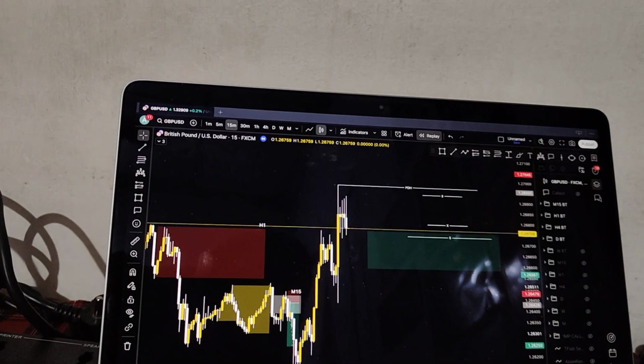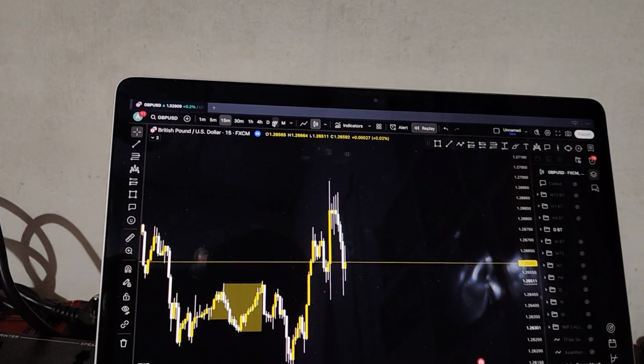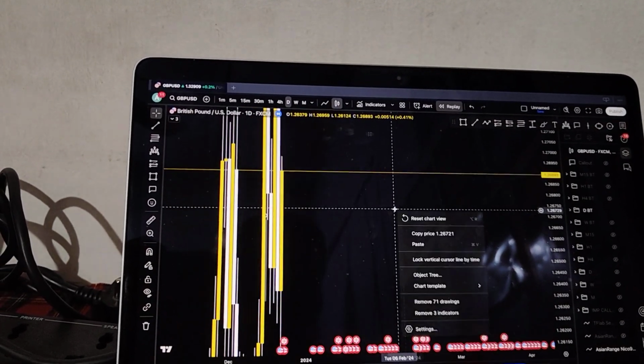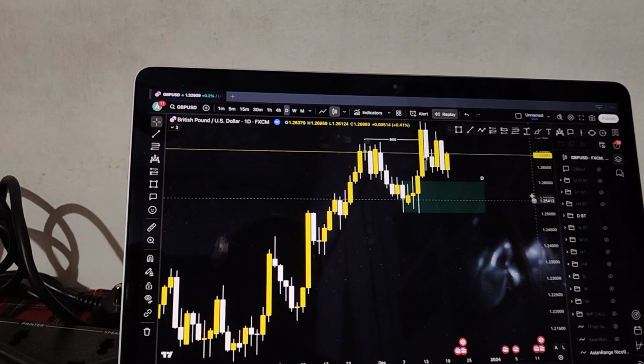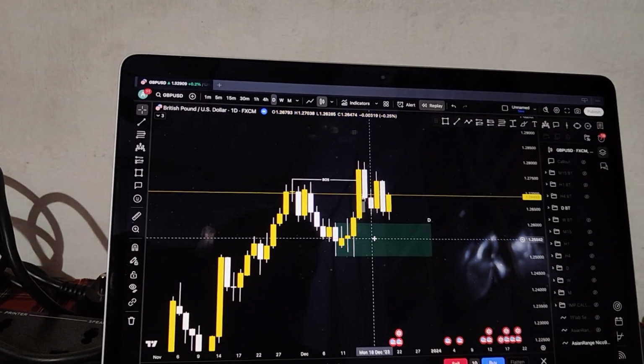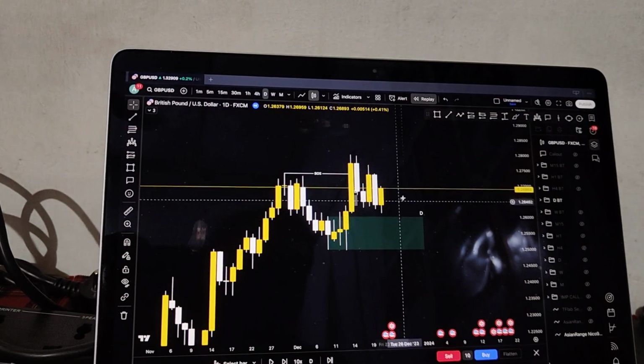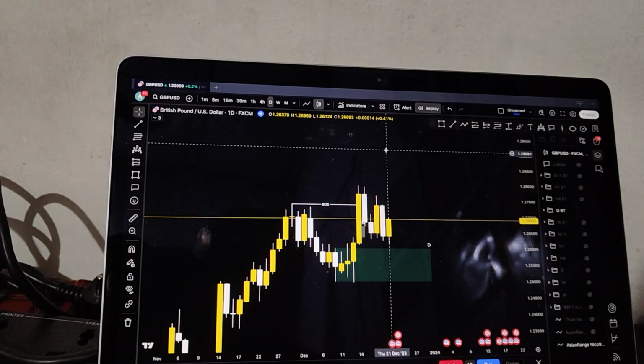So now going on Friday, let's see if I was looking for something. So now going on Friday, my bias was again bullish. Look at this, how your daily bias changes. Monday was bearish, Tuesday was bullish, Wednesday was bullish again, Thursday was bearish. Now Friday, if I was looking for something, it would be buys.